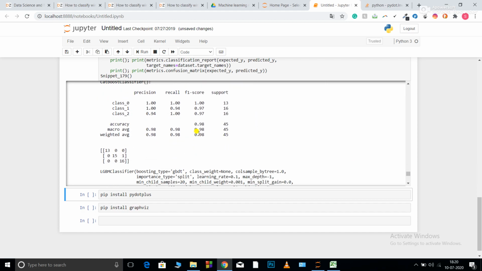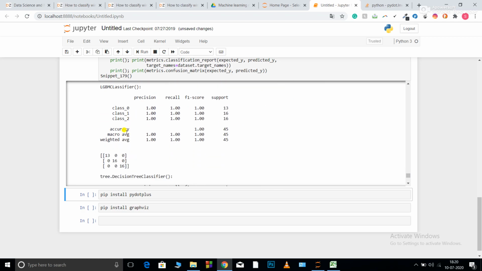Now categorical boosting, so this is the result of categorical boosting. Now comes the LGBM, and this is the result of LGBM. You can see the best performance is by LGBM, and it performs equally good. It performs well because it is a very simple model as well as it is light. Simple models generally tend to perform pretty well when there are very few data points. You can see this is my data for the testing part, and I'm training on basically 170 or 180 data points only.